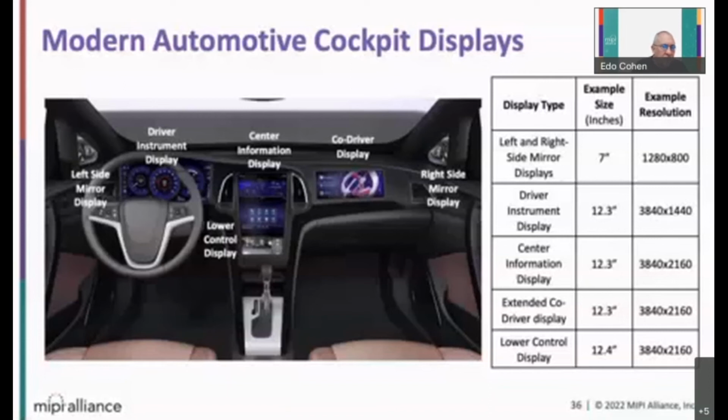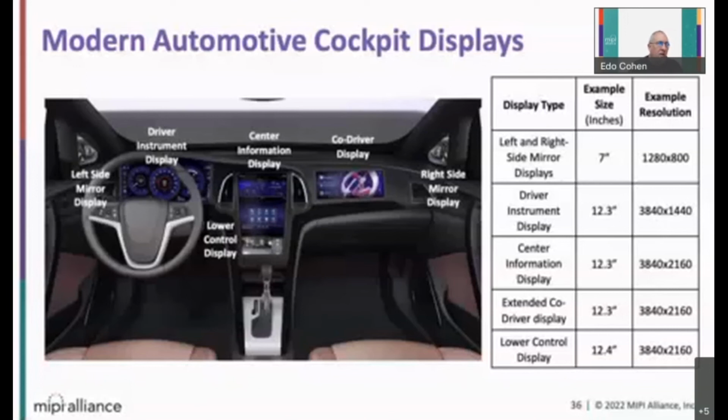This is, you've seen in many vehicles already today, and extended the driver display to the passenger next to the driver. And of course, there are more, like a lower control display that will add some features, and you can see more and more of these kinds of displays.